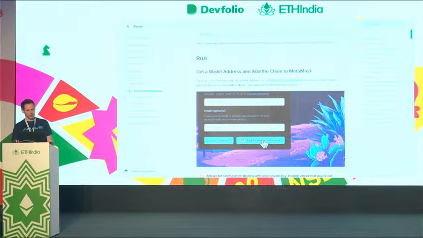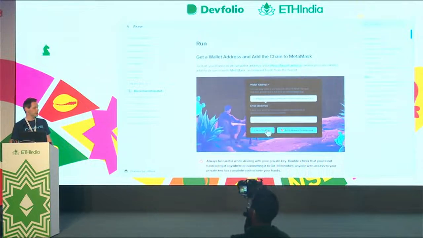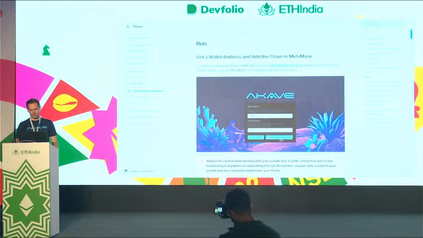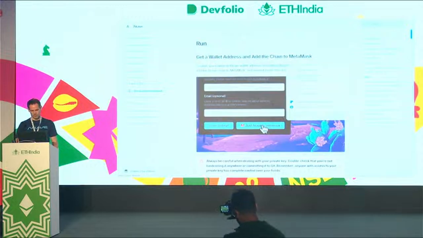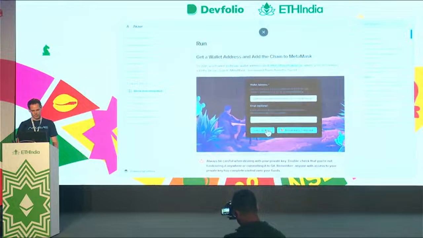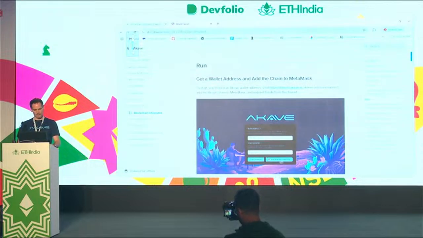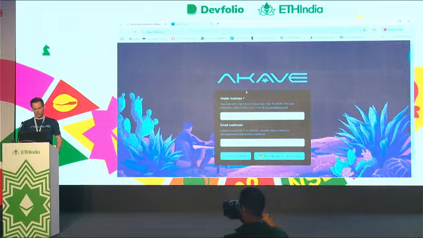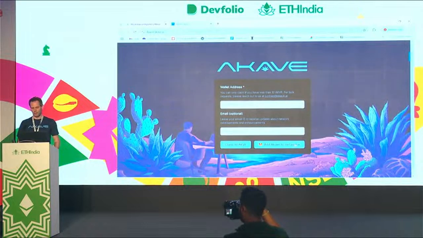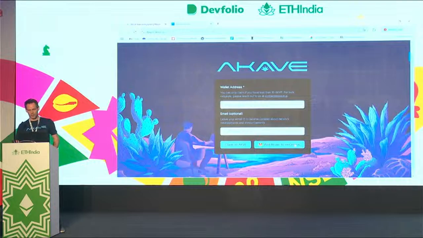So what you need to do here is make sure that you go to our faucet where you can claim some tokens. Very easy. What you do here is, this is not my computer, but I'll show you. Here we go. So what you do is you add Kave to MetaMask. It's all already pre-configured and pre-filled in, so you can just quickly add it to your MetaMask. Always a little disclaimer, make sure to make a new wallet address.